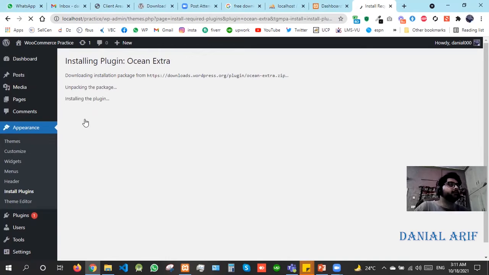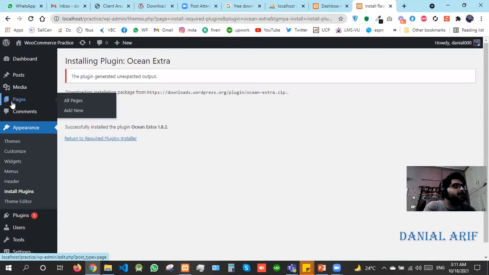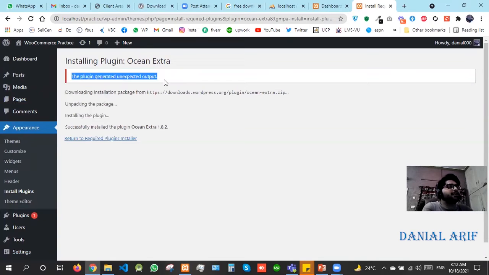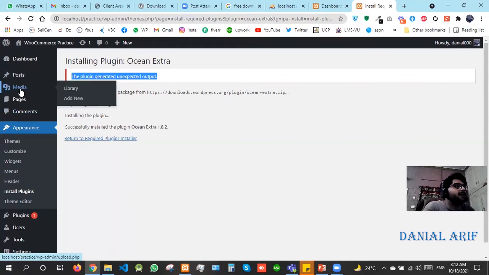Okay, so now it says that it is successfully installed. Let me show you that it doesn't matter with this error. It is not a kind of error. I've just told you that we are working on a local server, so we will face some speed issues or some kind of size issues, so nothing to worry about. It has successfully installed. So when we go to pages,